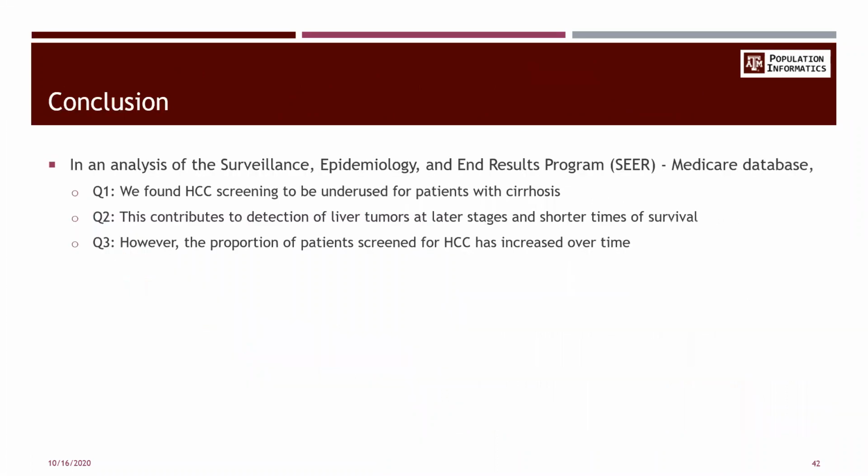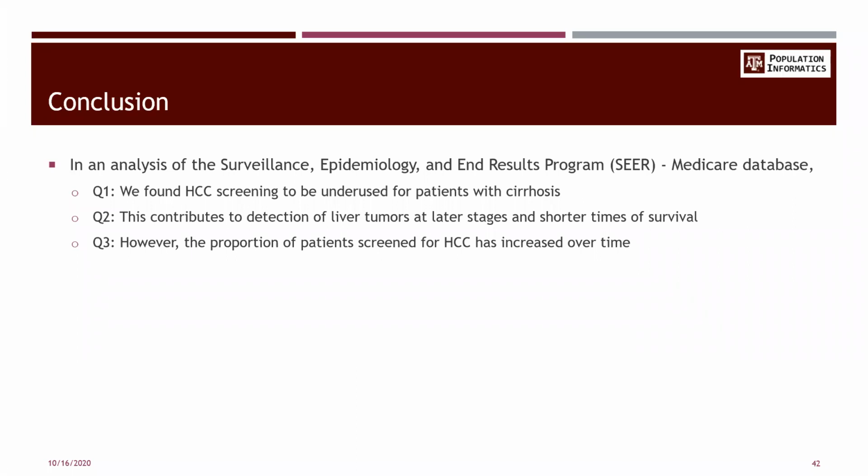I think this is the end of my case study. Yes. So this is just to say, I had 3 real questions to start with. Here is the answer to the 3 questions. Number 1, we found that HCC screening was underused for patients with cirrhosis throughout, even though it did get better over time. Number 2, screening did contribute to detection of liver tumors at later screening